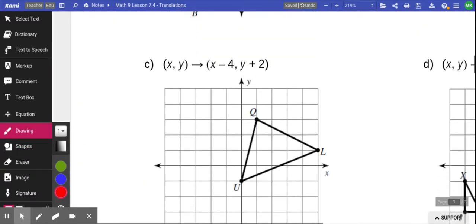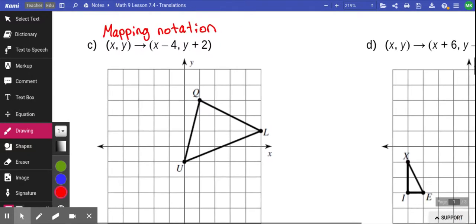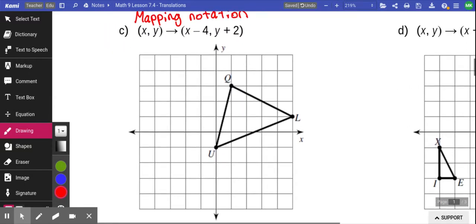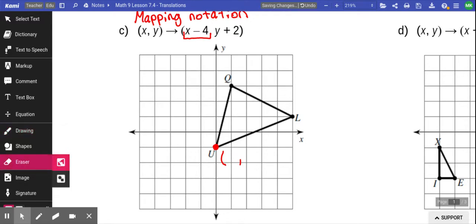The third way that we do things is this right here in part C. This is called mapping notation. It's kind of like doing a coordinate, except what they're doing is they're saying you take your x values and you move them -4. So for instance, if we looked at point U right here, point U is at 0,